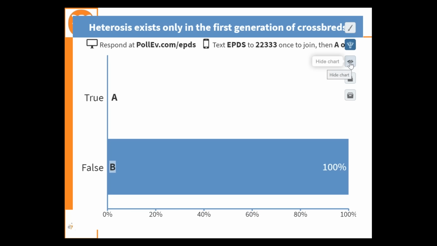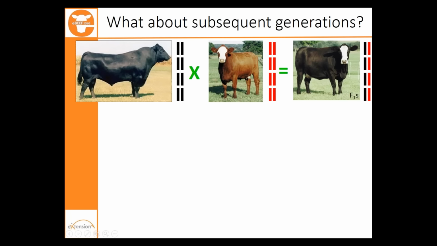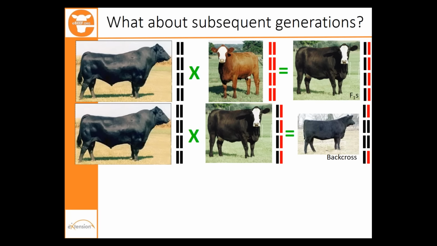All right. So although you already know the answer to this question, let's go ahead and look at this in a graphical form. On the top of this slide, you see the same example that we just looked at. And this next example is actually a backcross. We've got our Angus bull again on the left, and we've got the F1 female from the first example that's now going to be our female that we're mating to. So the progeny will be a first generation backcross. And what we see is that we do have some places in the genome where we have Angus alleles with Angus alleles. So we've lost heterosis in those portions of the genome,